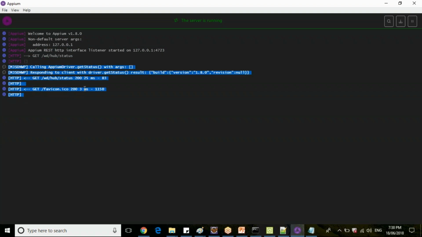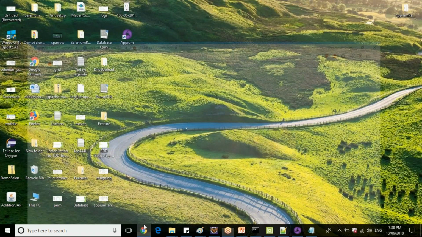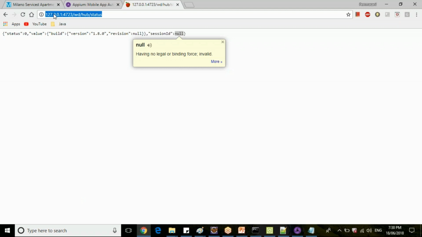If you understood the architecture, you will understand this simple request and response. From the browser, we are requesting, this is my APM address, can you go and check the status of my APM, whether it is working fine or not? So this is the request you're giving. Once you file the request, your response will be in the form of JSON, returning what is the version.